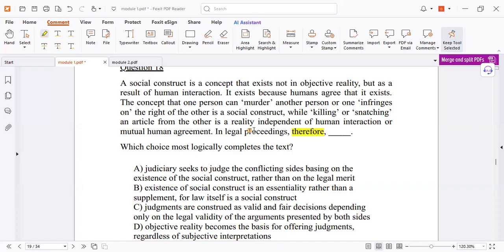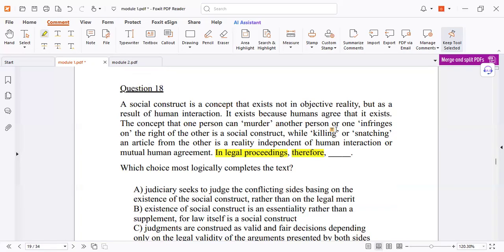Wait. Sir, it should be D. Why do you think letter D? Because it's the only possible conclusion. Let's try. He said in legal proceedings, that means you don't care about this social contract. He said here, it exists because humans agree it exists. The concept that one person can murder another person, or break the rules, or take freedom from someone, while killing or snatching an article from the other,